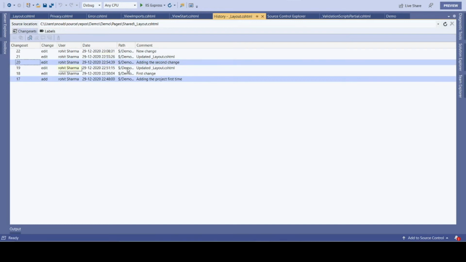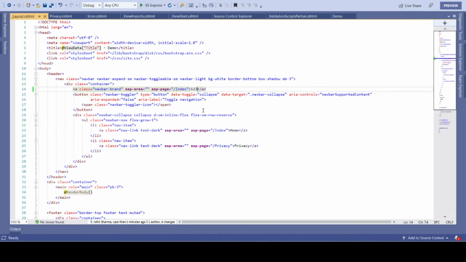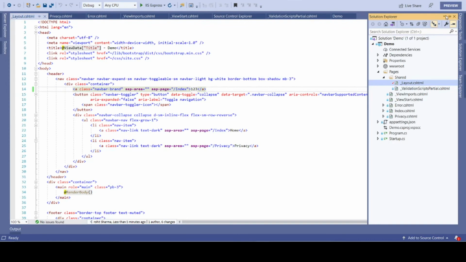Another thing is, if you observe the changeset. A changeset is basically, whenever we do any code check-in, it gives us one unique number, and that unique number we call a changeset. So a changeset will have all the modifications made during one check-in. If I have 10 or 20 modifications in my project, they will be grouped under one changeset. I'll come to the changeset a little later with more information, but this is mostly with respect to history.